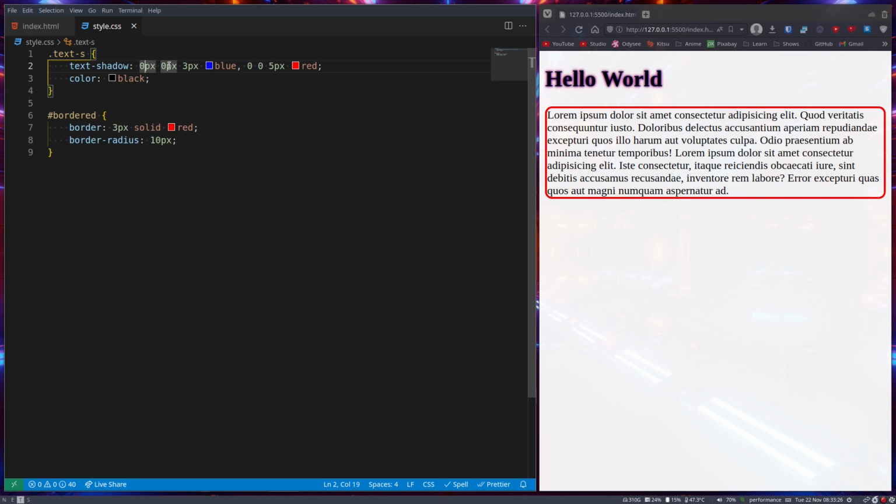You can even give one of them an off pixel if you want to make it look a little bit weird. You can give both of them an off pixel, 2px. There we go. Now both of them have an off pixel, but now it looks a little weird. So I prefer having zeros. And you also notice with the zeros, you don't need to add a pixel here. With numbers you kind of need to, but with zero is like